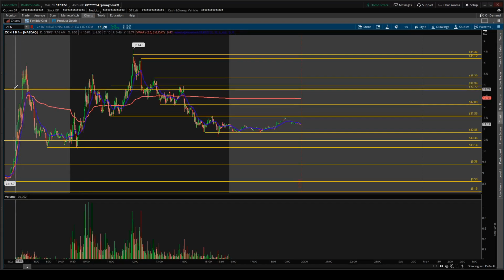So let's see here. This is the first daily resistance, which can be transformed into support. It didn't happen. We are already below that. So this is the second one that could be transformed into support. So tomorrow,